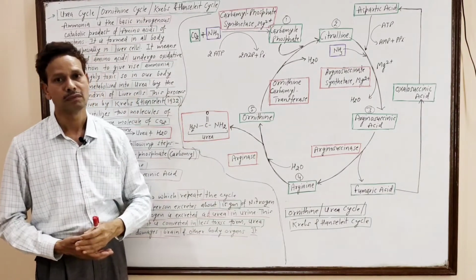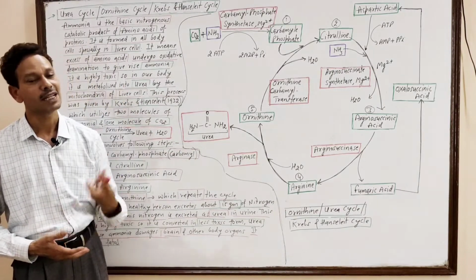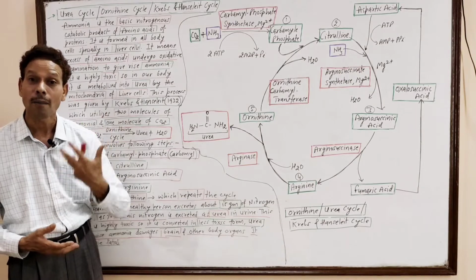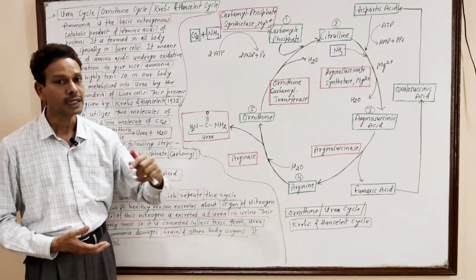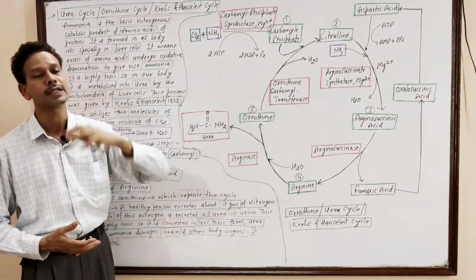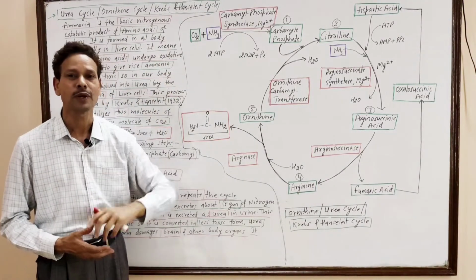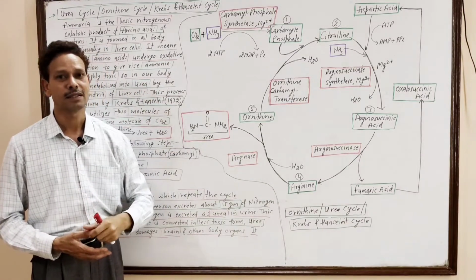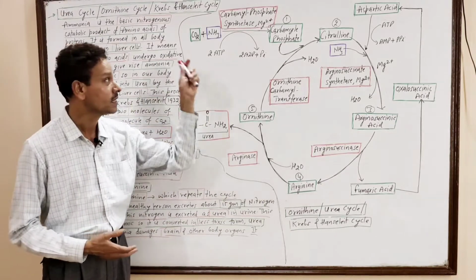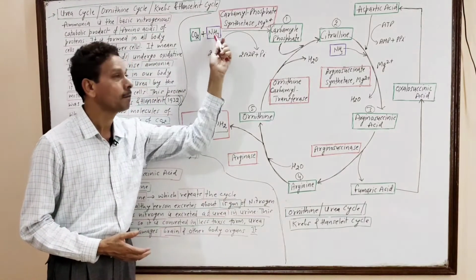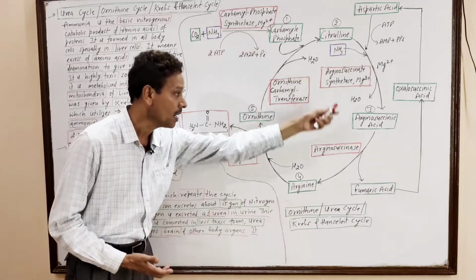As we know, in our body the proteins undergo oxidation, and oxidation of proteins in our body produce amino acids. These amino acids undergo deamination. As a result, some toxic compounds are formed like ammonia. In our body, ammonia is highly toxic, and this toxic compound is produced in all body cells, especially in liver cells. Note down, in liver cells, the mitochondria of hepatocytes convert this highly toxic compound ammonia into less toxic form, that is urea,